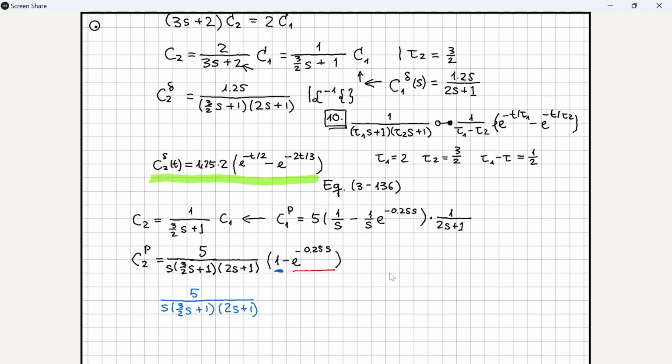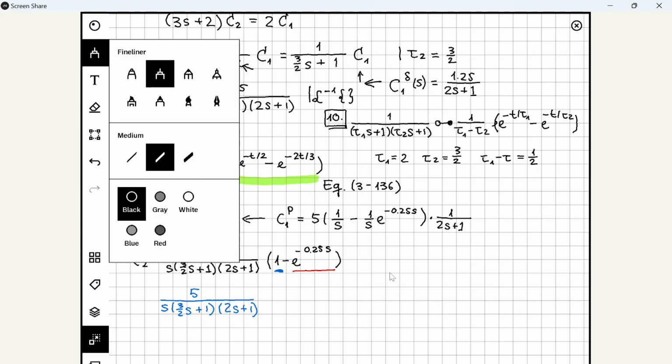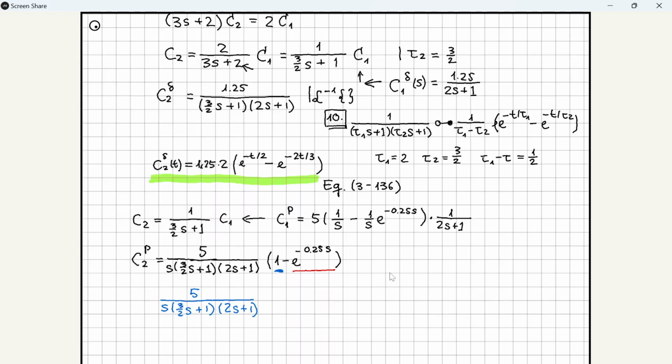And now I need yet another rule, and that is rule number 20. You have to be very patient for this video. Rule number 20 says, if I have something that looks like that, 1 divided by S tau 1S plus 1 times tau 2S plus 1,